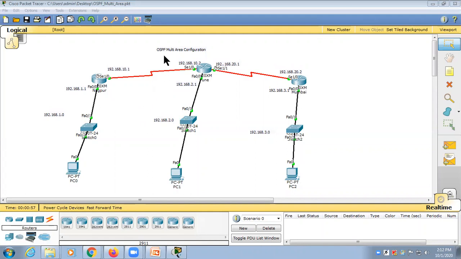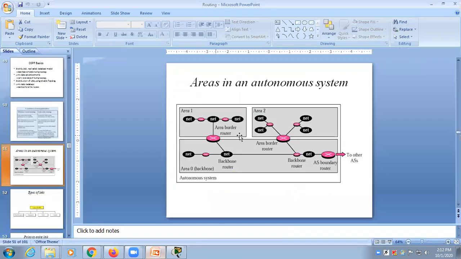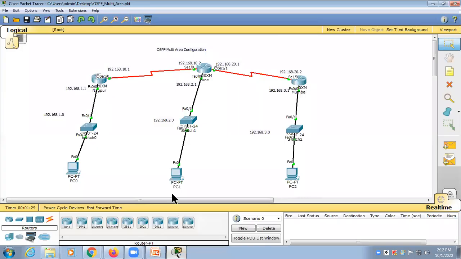Today we are going to demonstrate one concept, and that concept is OSPF multi-area configuration. As we know, multi-area configuration means, if you go with the diagram, this particular router is the area border router. Our purpose is to set the area border router so that area 1 and area 0 will be connected via this border router. This is the multi-area concept, because one autonomous system comprises multiple areas. For that purpose we have to set up this particular ABR.